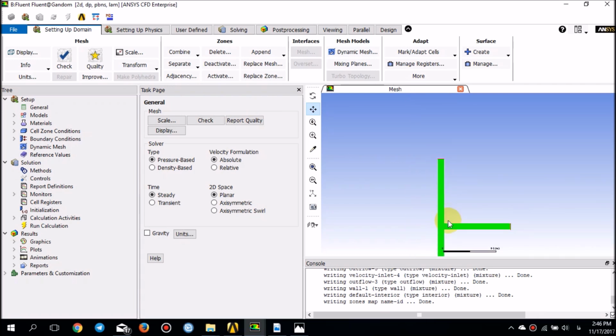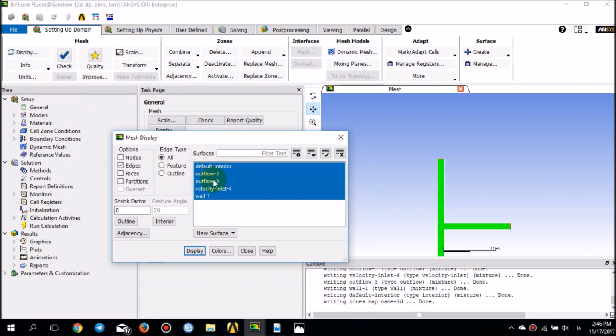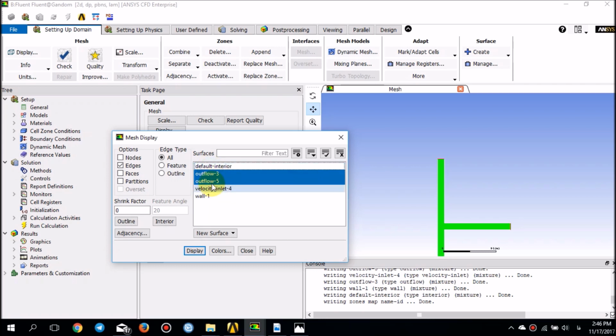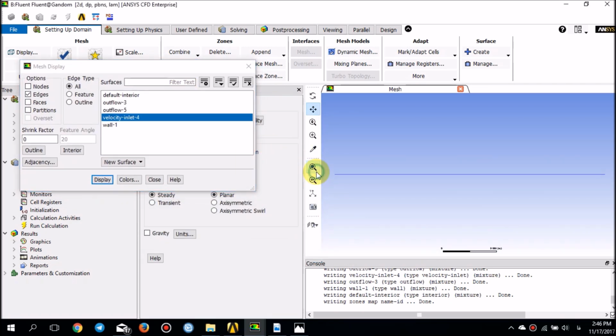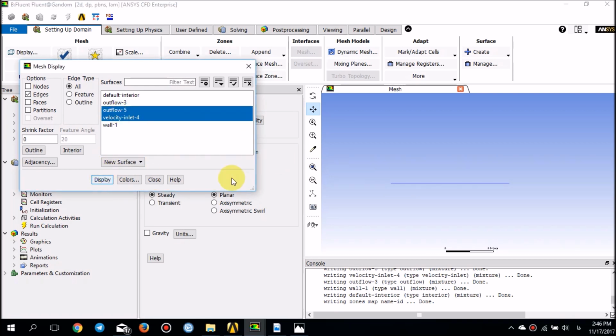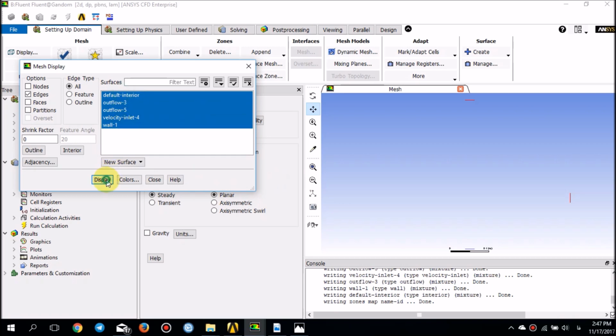And if you look at, for example, the outlet and the inlet, so if you just look at the velocity inlet, you see that the velocity inlet together with outflow 5 is actually the top, and outflow 3 is the one to the right. So if I display everything again